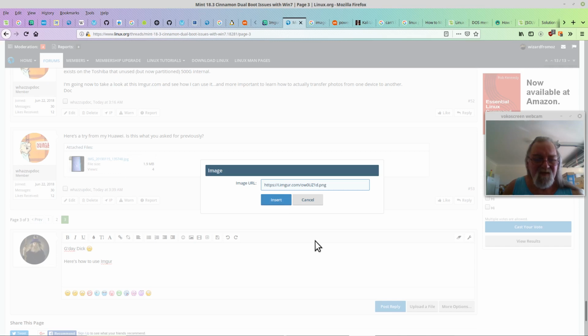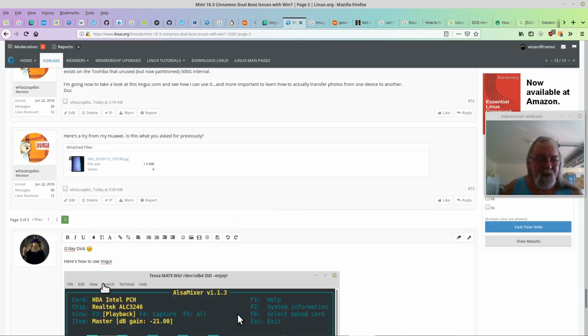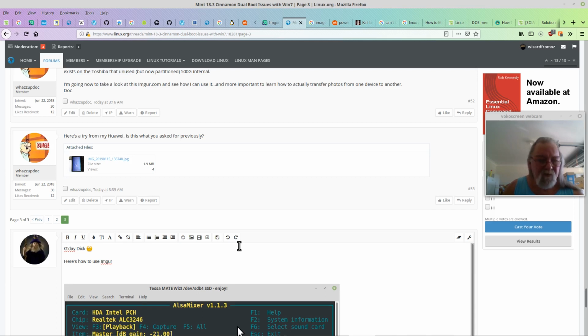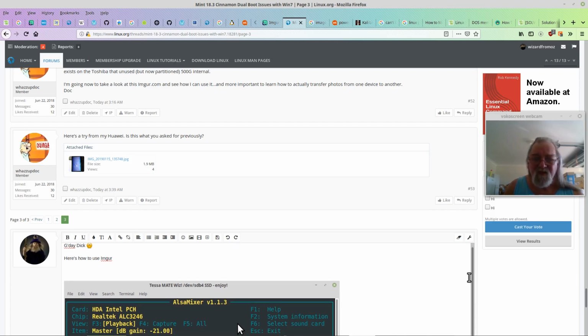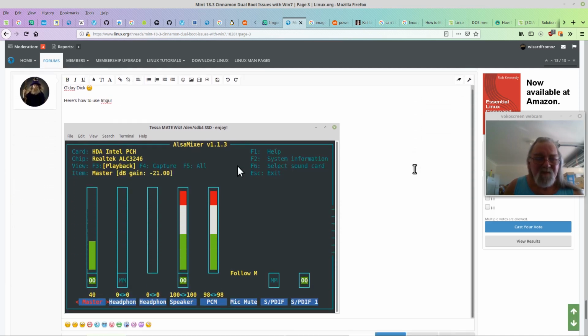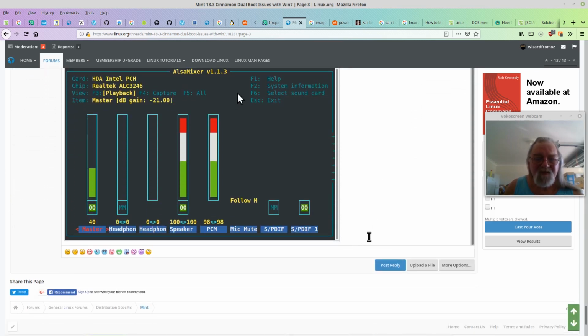We click Insert, but just before we do that, you might remember that I had a couple of lines spaced underneath my text, and at the end of it I'll probably put a couple of lines spaced. That's so it's easy to read. You'll see what I mean. Okay, so there we are. Could do with one more line, so I'll put a carriage entry, maybe one more. Now we're looking good. We can scroll down the page a bit now on linux.org, and you see the insertion points appeared here. So I'll put a couple of lines under that,